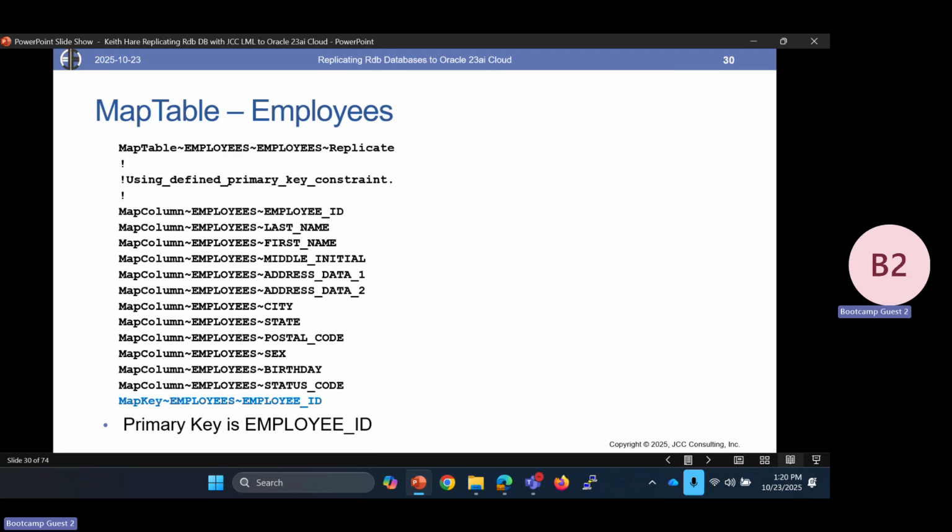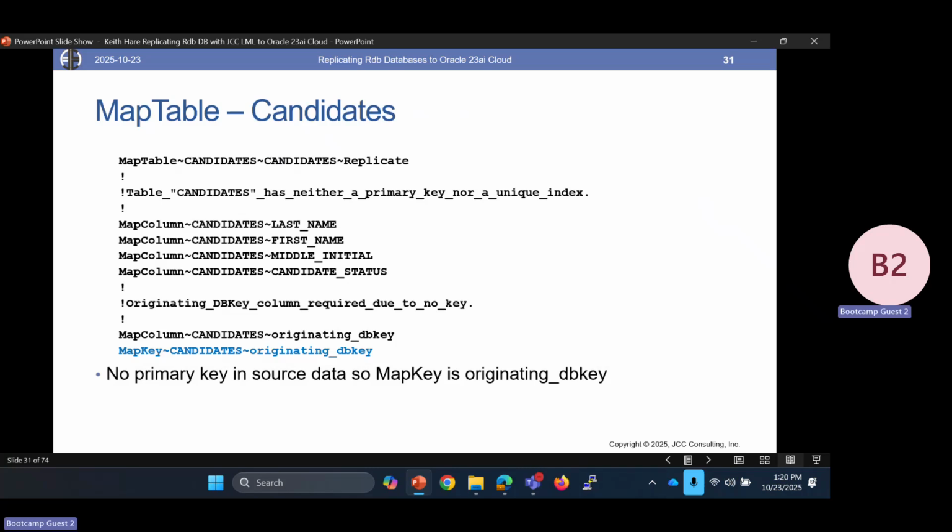So as an example, the employees table, we have a number of columns, and one of the important notes here is that there was a primary key constraint, and so the map key, the column we're going to use to connect to the target data, is the employee ID, which is the primary key in this table. In RDB databases, not everybody has defined primary keys, so